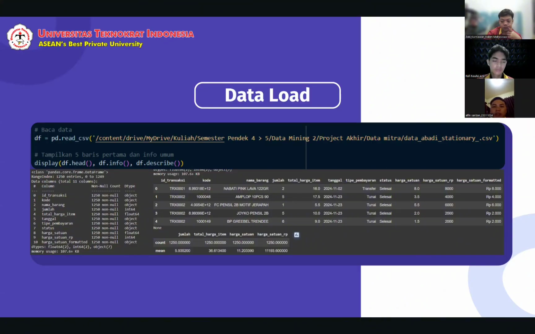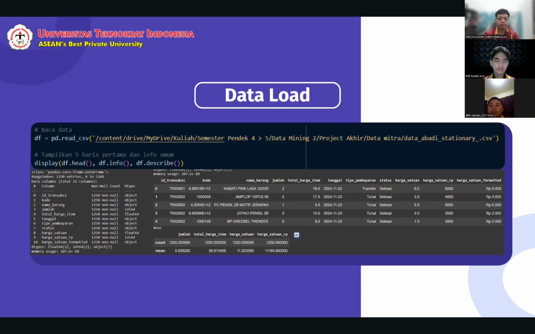The aim is to ensure the data is loaded successfully without errors. Next, looking at the form and content of columns such as quantity, total, item, price, payment type, and date.